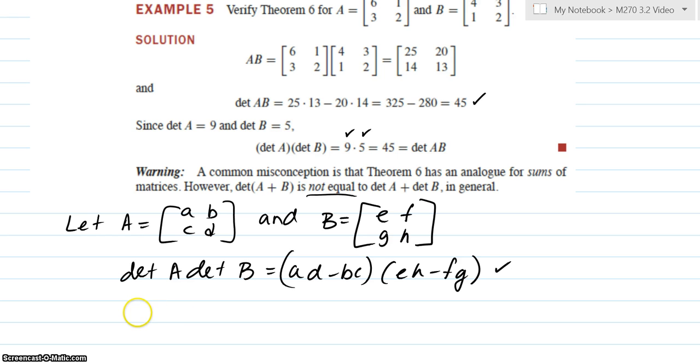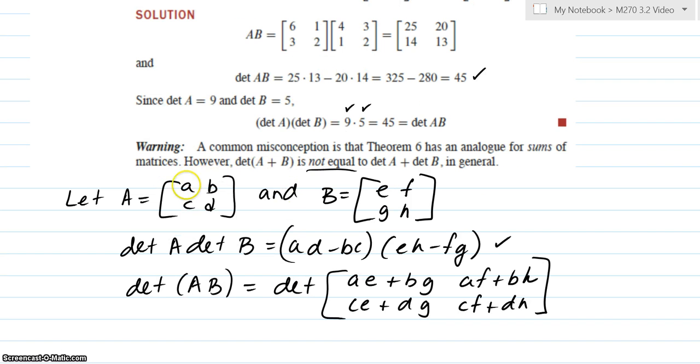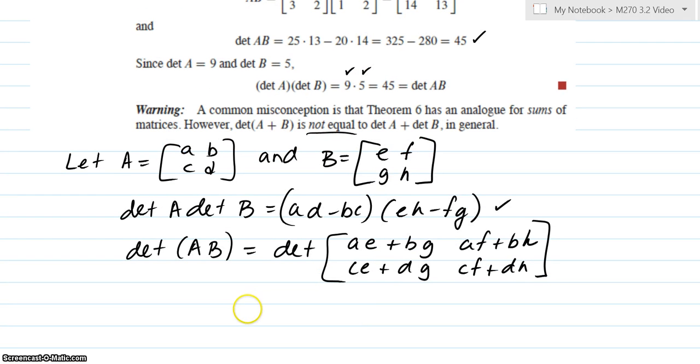So what is the determinant of A times B? We have to multiply them first. When you multiply A times B, this would be the first row with the first column, so you get ae plus bg. First row, second column, af plus bh. Second row, first column, so ce plus dg. And then second row, second column would be cf plus dh. And if we just find the determinant of that,